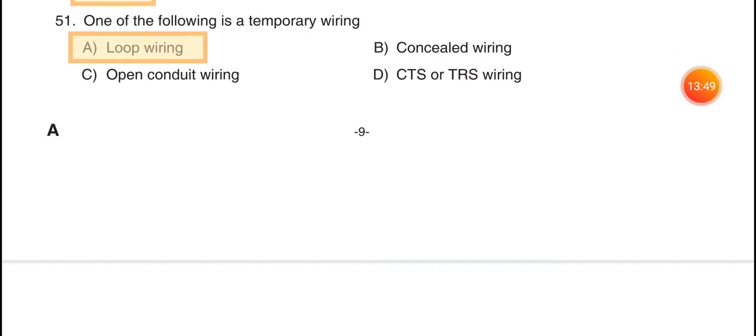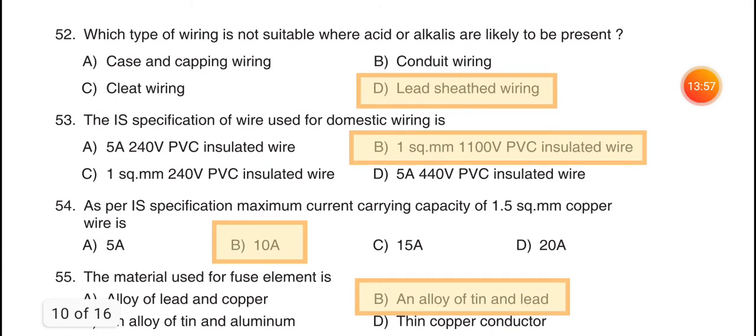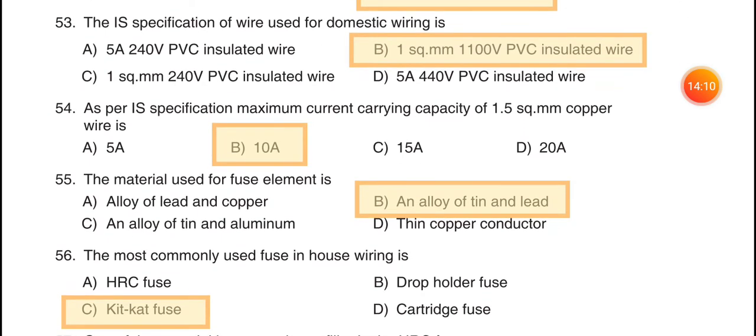51st question. One of the following is a temporary wiring. Answer option A, loop wiring. 52. Which type of wiring is not suitable where acid or alkalis are likely to be present? Answer option D, lead sheath wiring. 53. The highest specification of wire used for domestic wiring is option B, 1 square mm,